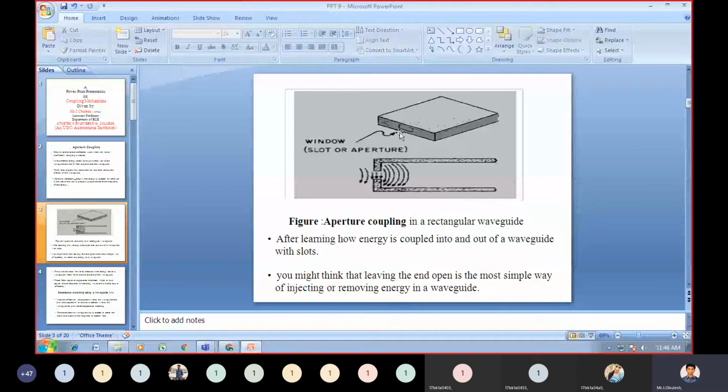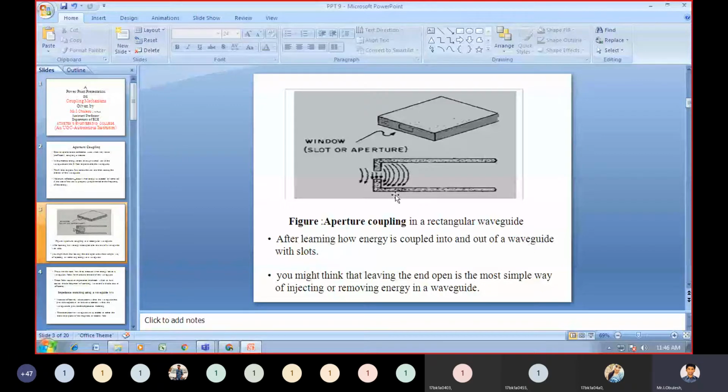See that. So here the energy is entered with a small slot, right? With the help of that only you are able to remove the energy from that. This is the electric field direction in the rectangular waveguide. This is the rectangular waveguide, yes or no? So in the rectangular waveguide, the electric field direction is like this. If the electric field is induced, what will happen? The current flow will also happen inside the circuit.